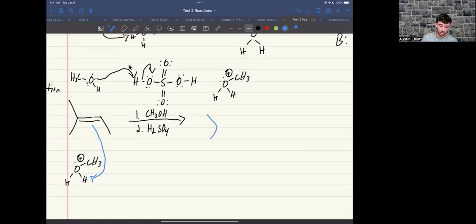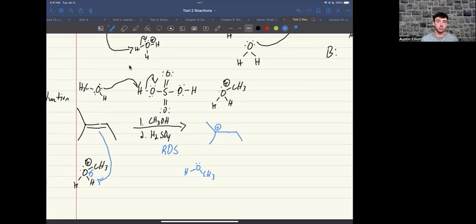And then in this case, there's no shift because we have it on that 3' carbon right here, forming carbocation. This is the RDS step, or rate determining step once again. And then we're going to redraw this. Now we have, and with that, it returns there. So we have this H, CH3. And at this point, these lone pairs are going to attack there,